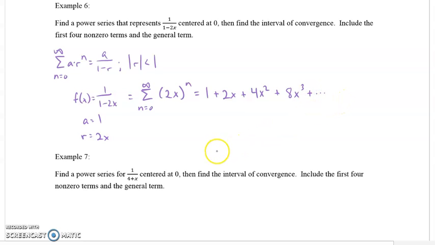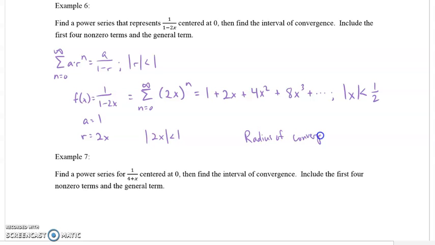And we also have to remember that interval of convergence. So remember that this is true provided that the absolute value of r is less than 1. Well, r is 2x, so the absolute value of 2x has to be less than 1, which means that the absolute value of x has to be less than 1/2. Okay, so this is a little bit interesting because now we're seeing that the radius of convergence